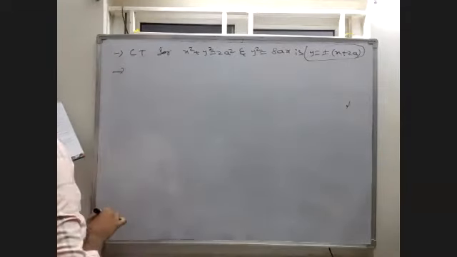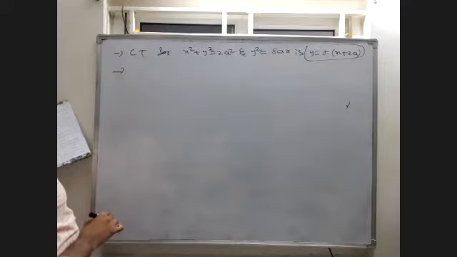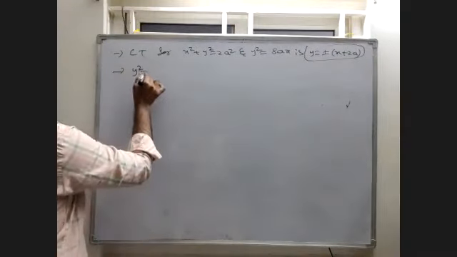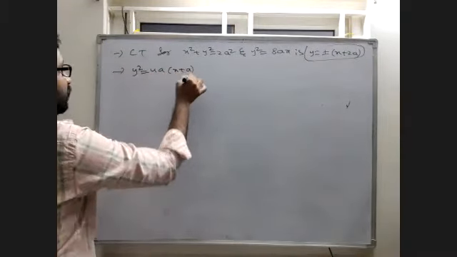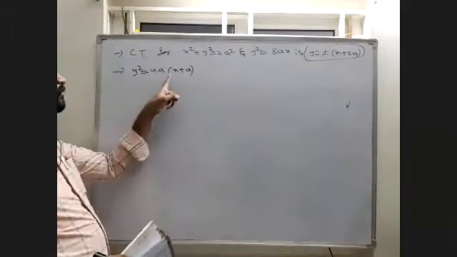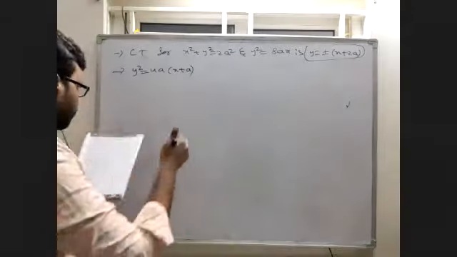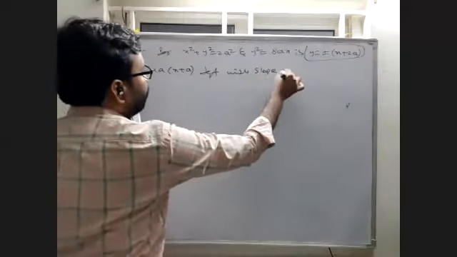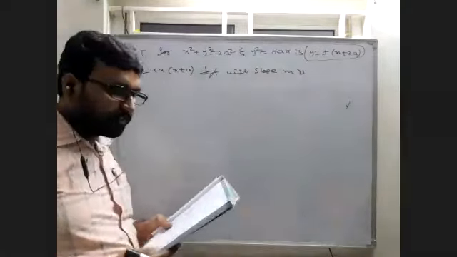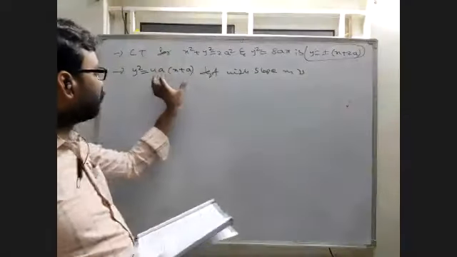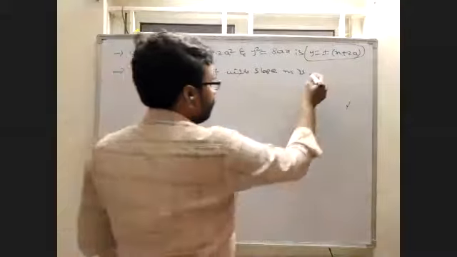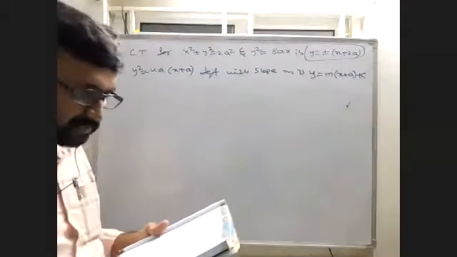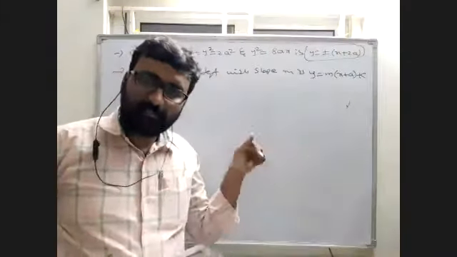And next, the equation of the tangent to the parabola y² = 4a(x + a). The previous one was 4ax only. Here, in place of x, we have x + a, some constant. The tangent with slope m is y = mx + c, but in place of x we have x + a. Simply we can write y = m(x + a) + c.